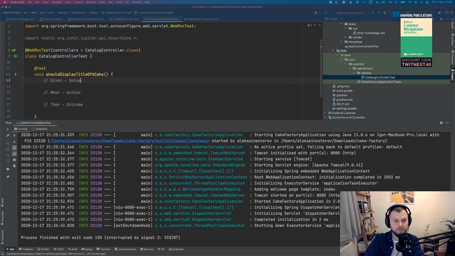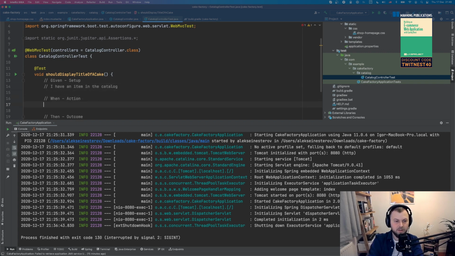So let's think about this test for a second. In the setup, my given block will be, let me actually write it first, it doesn't harm, you can totally do that: I have an item in, let's not call it the database, let's say in the catalog.